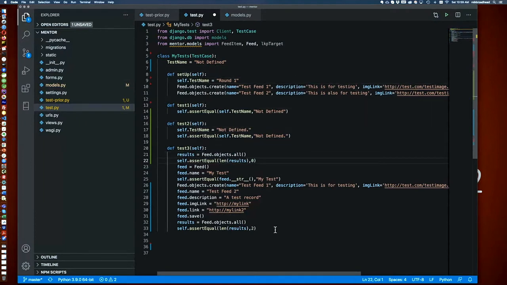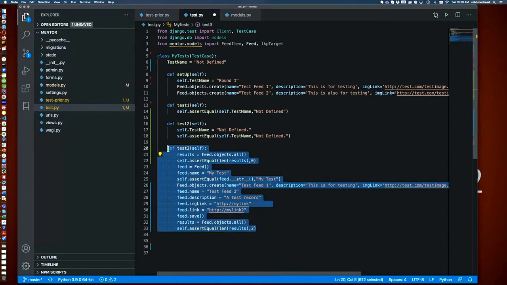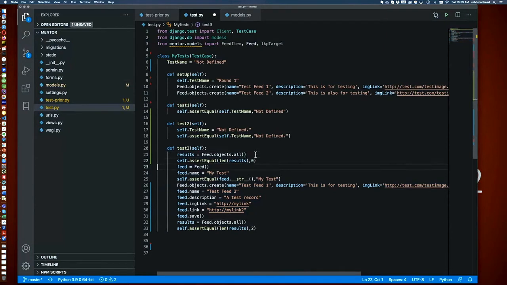So where in test 3 I had a whole lot of code, a bunch of stuff that I was setting up, what I could do instead is take that information and do it in the setUp, which is what I've done here. So instead of creating these 2 records here, I can just say, I want those 2 records to exist everywhere for every single test. So here, where it started out with an empty record, if I set this up in the setUp,